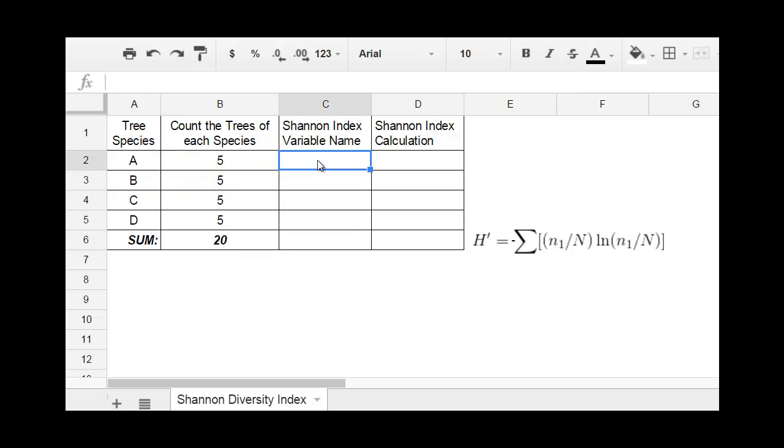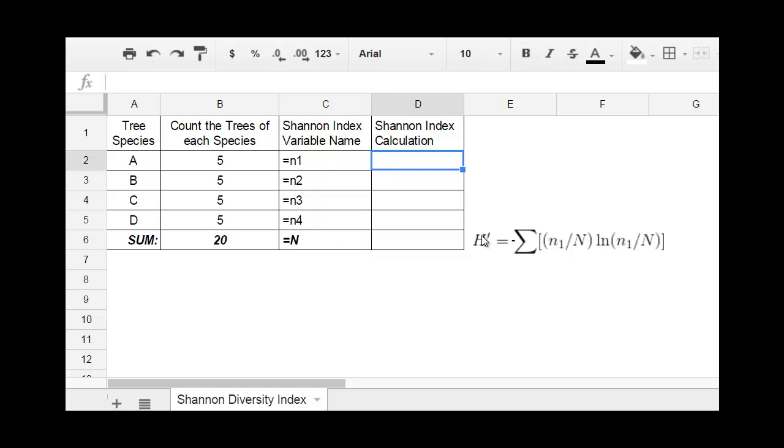and press tab to move to the next cell. Now I'm going to identify the Shannon index variable name for you here, and I use an apostrophe in front of the equal sign so that Google Docs doesn't think I'm trying to write another formula. You see how I go N1, N2, N3. It's getting bigger each time by a number of 1 till I reach the total sum, which is my capital